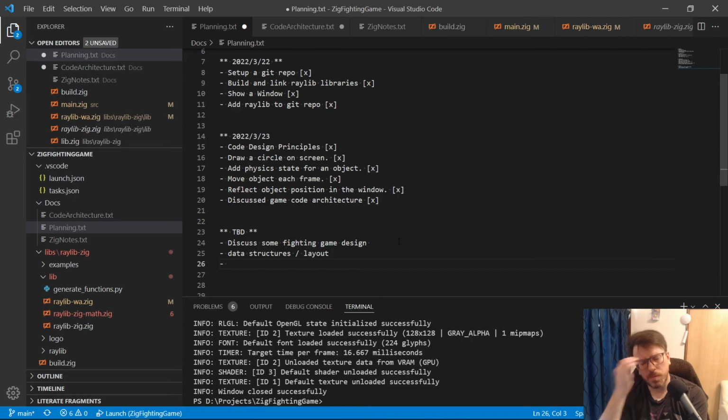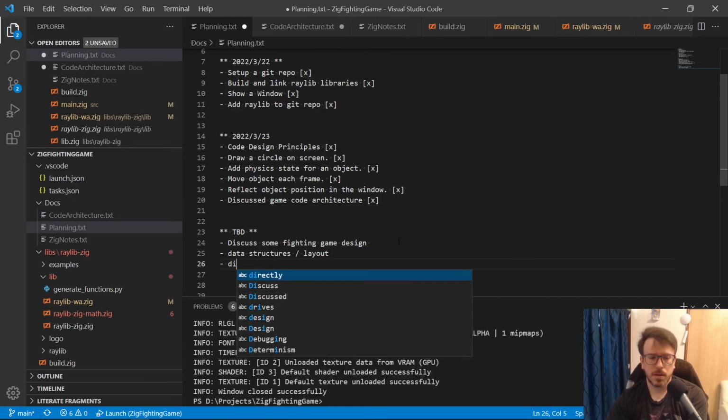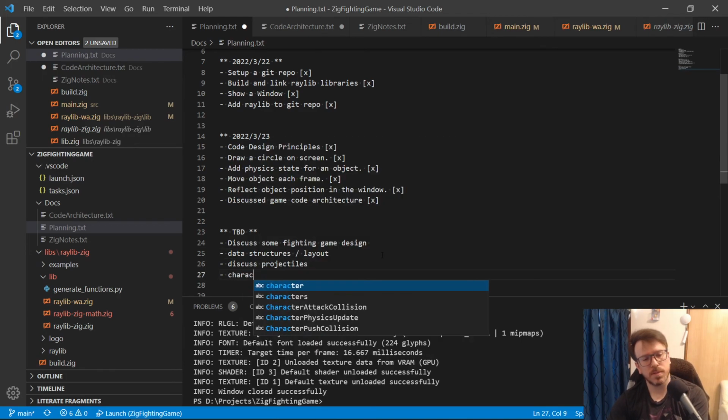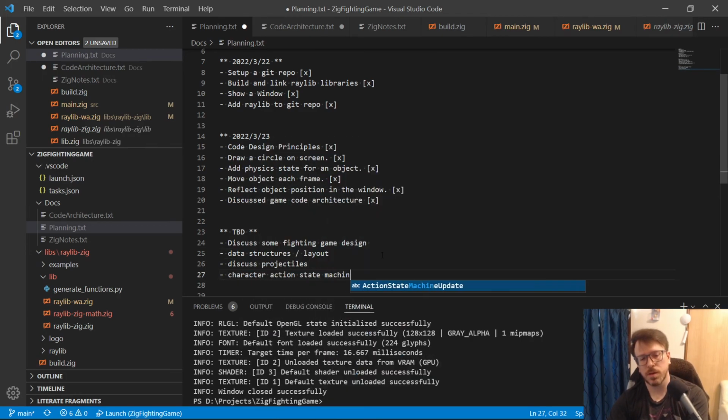Then I might talk about projectiles. Maybe we'll talk about the character state machine system, so the character action state machine. Maybe animation, I don't know, at some point we're going to handle it.